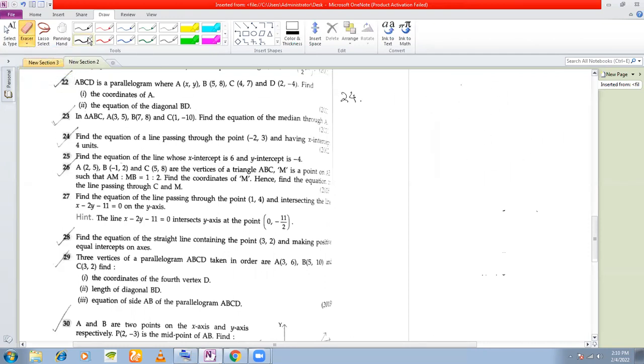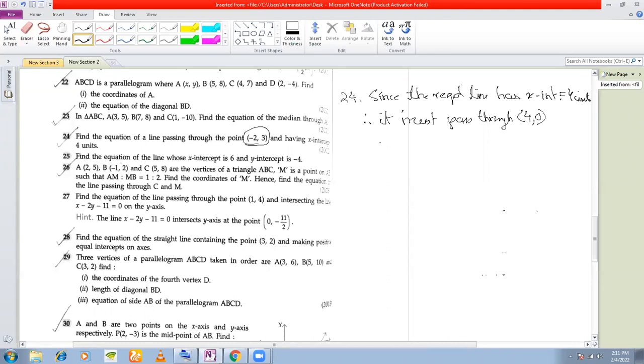So what I can say is, since the required straight line has x-intercept 4 units, therefore it must pass through 4, 0, right? And what is the other point given? That the straight line passes through minus 2, 3. Hence, if I call this x1, y1 as minus 2, 3, so I've got 2 points. This line passes through minus 2, 3, and because it makes an x-intercept of 4 units, it must pass through 4, 0 as written above. So if I assume x1, y1 as minus 2, 3 and x2, y2 as 4, 0, the required equation of the line is